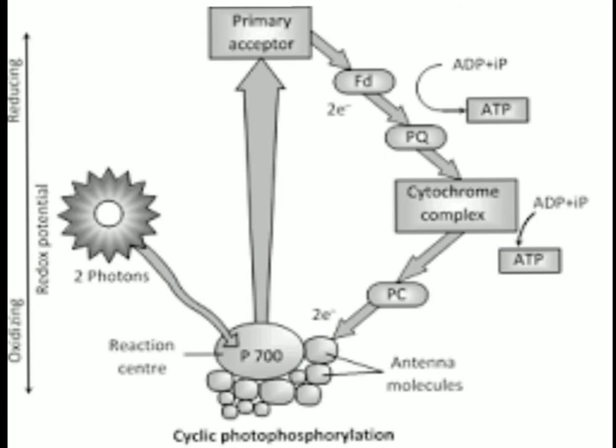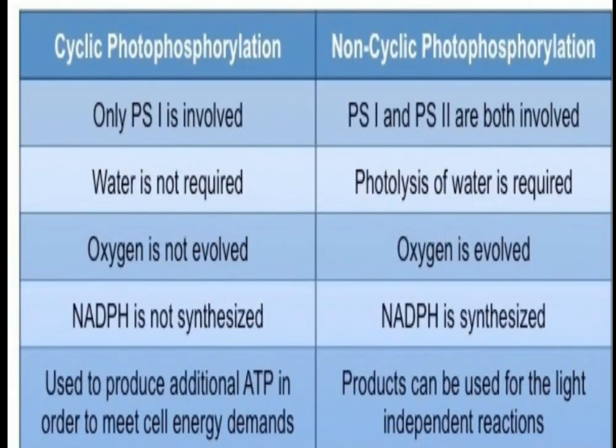And this is the cyclic photophosphorylation, which involves only photosystem 1. And here what happens is that only ATP is produced, and this is cyclic. It means the electron is returned back, and therefore continuous supply of the electron by splitting of water is not needed. To understand it in a better way, let us see what are the differences between cyclic photophosphorylation and non-cyclic